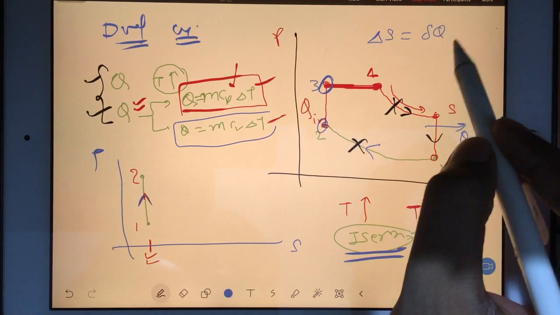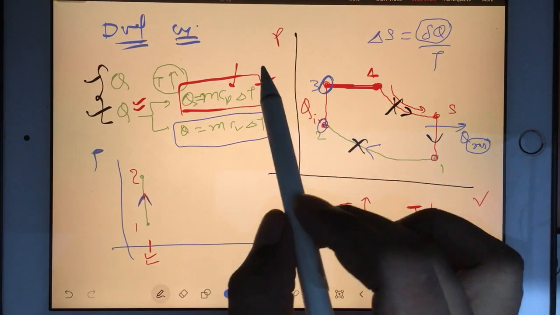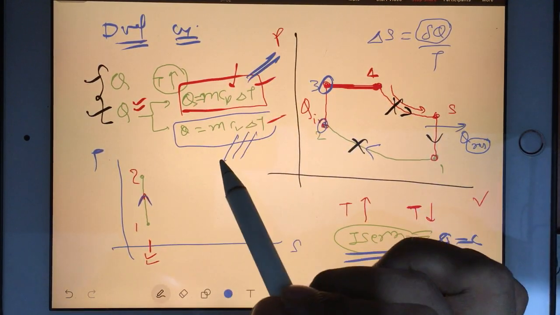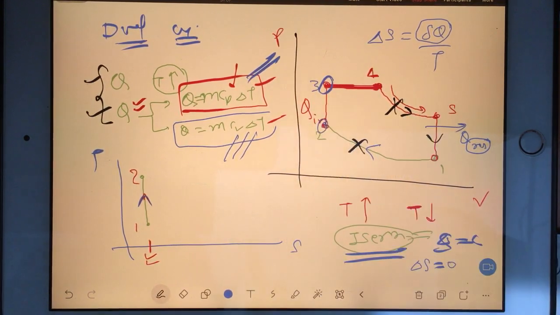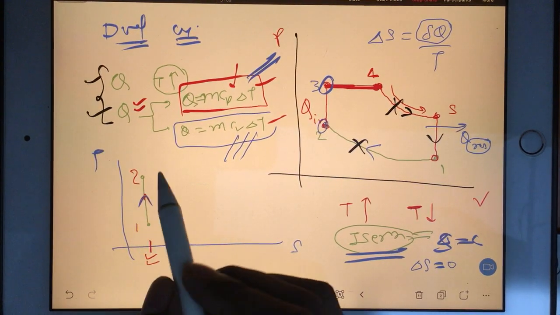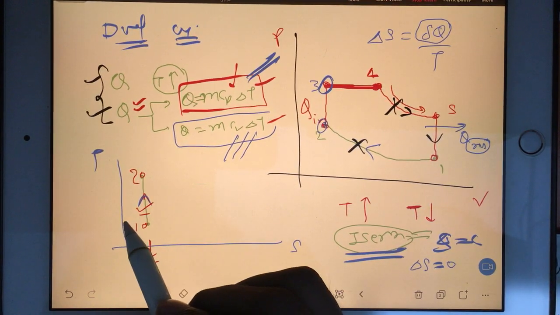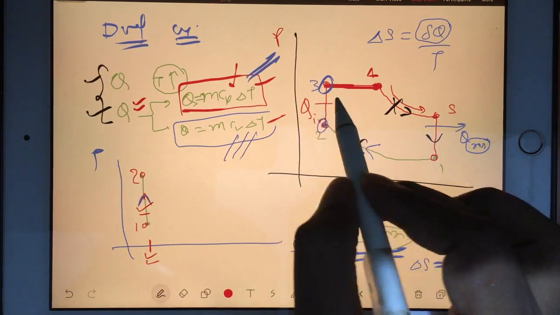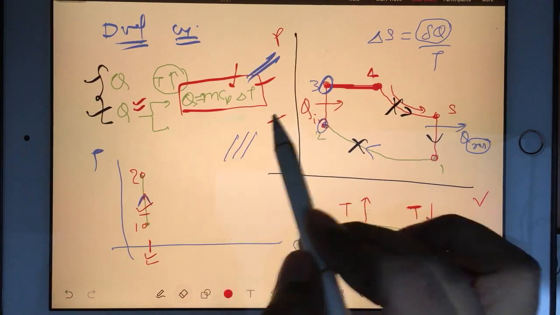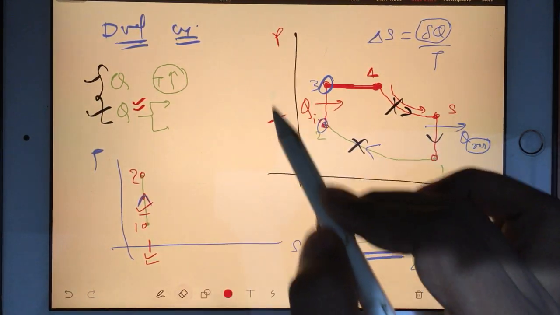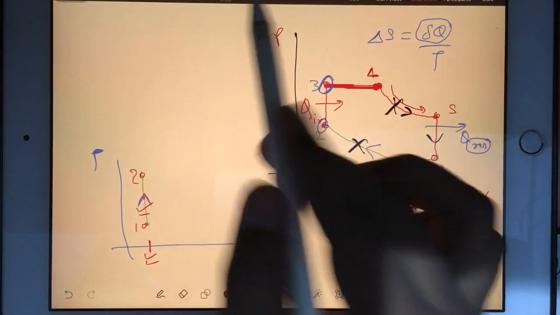Once you know entropy will increase or decrease, then how will you find out the amount? Del S is equal to del Q by T. Now this del Q is nothing but the heat supplied, that you can find out by using this formula or by using this formula. It depends on constant pressure or constant volume, right? Okay, so 1 to 2 we are done, but in 2 to 3 you are supplying heat at constant volume. So for that, I think I have already taken the dual cycle in a previous class, because I am able to recall some logic I explained.